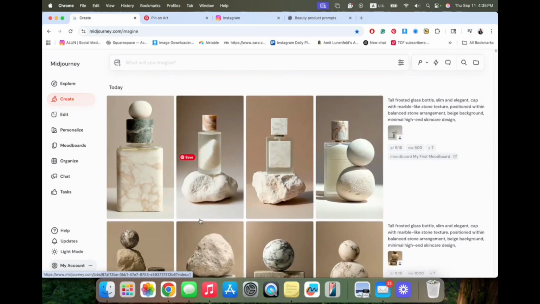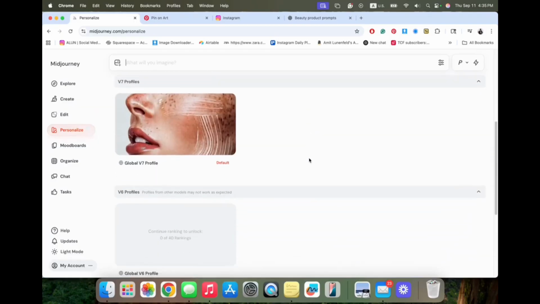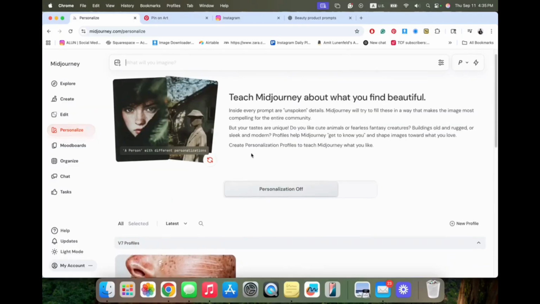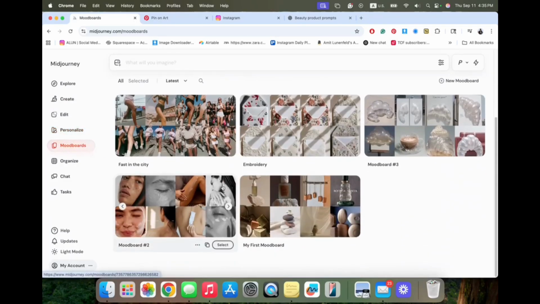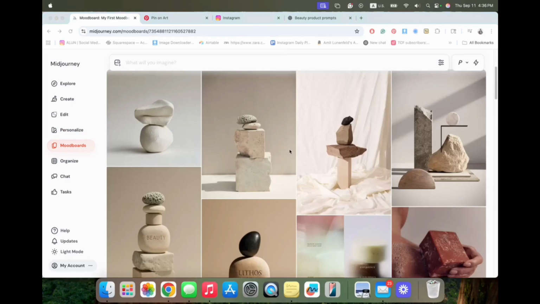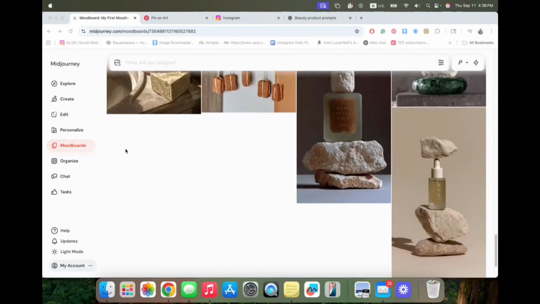Okay, so to summarize, we want to start with personalizing, organizing the annotation, explaining to Midjourney what we like and what we don't like in order to get a better result. Then we create mood boards for each project. We will create different mood boards for models, or products, or anything you want to create. Be very specific and niche with the project you create. Each time we get a good reference, we want to make sure to add it into the mood board, so the mood board will have more references.